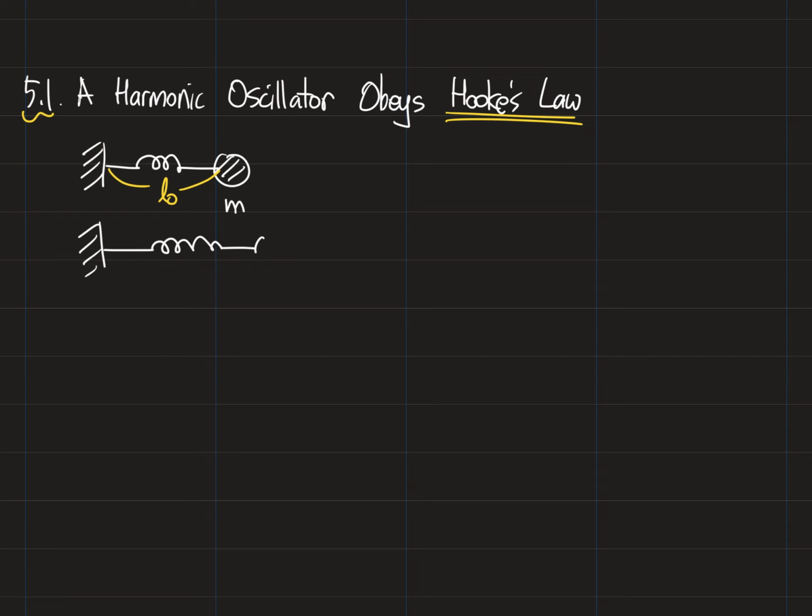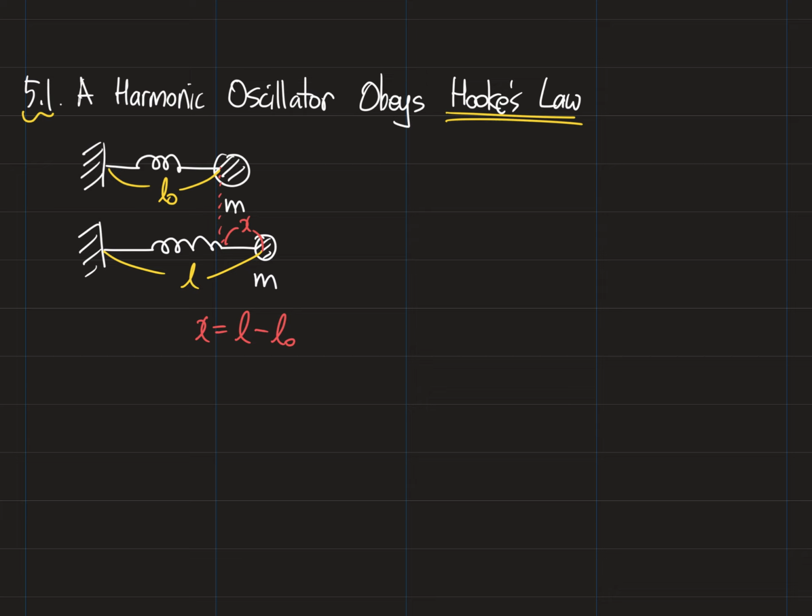If we stretch or compress the spring to a new position L, like let's say that we stretch the spring, and now we have a new position, new length. So we create a displacement x, right? This is defined as the difference between the new position and the equilibrium length.